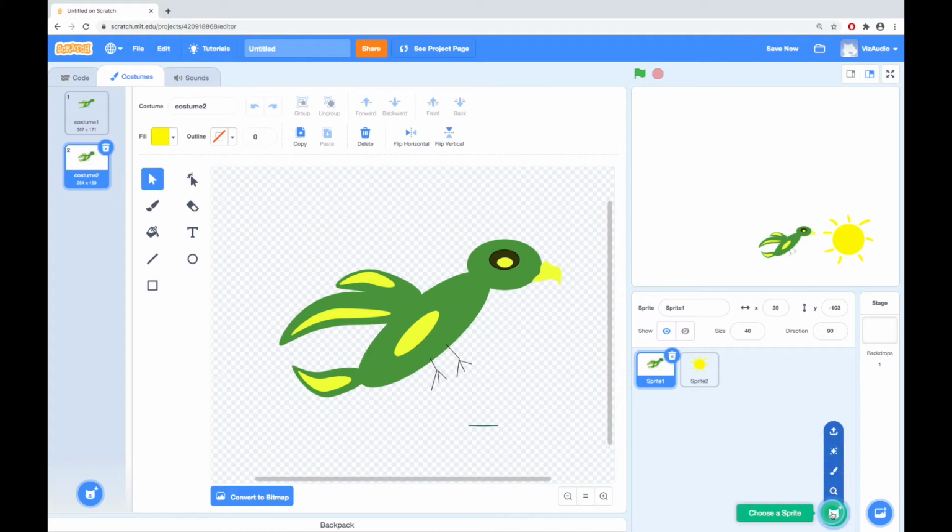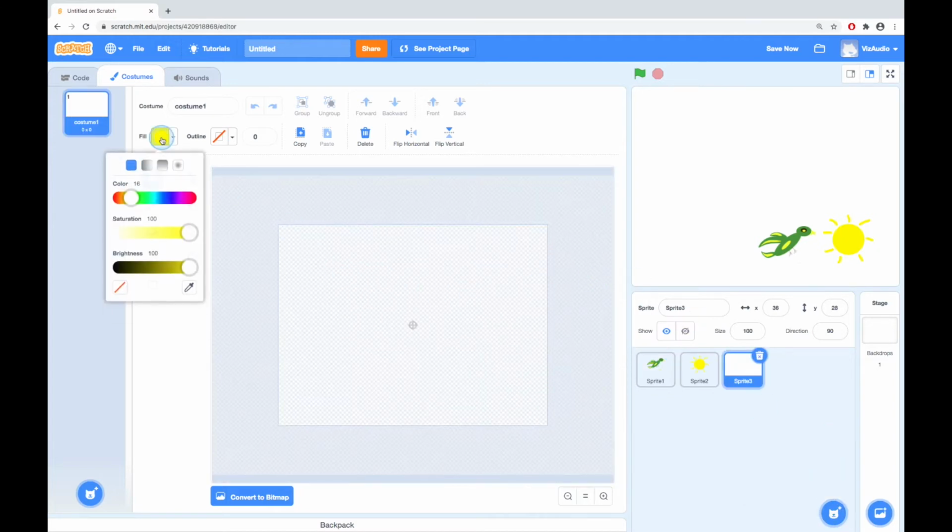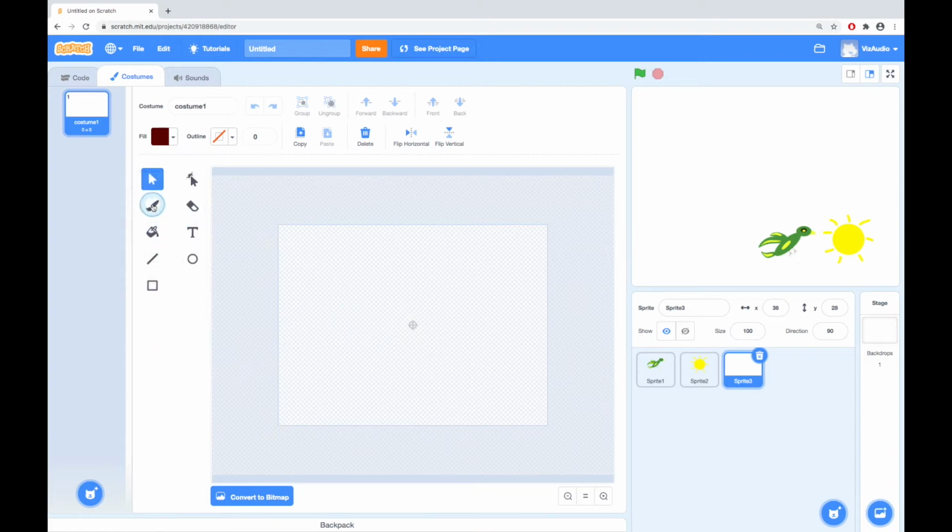The next thing I'm going to do is make another sprite, and I'm going to make some berries. Let's go for red, and if I bring it right down, it should look a little bit more like brown wood. And I'm going to get a paintbrush and maybe make that slightly bigger, maybe up to 40 or so, around there. And then I'm going to do this, and then it will go like that,